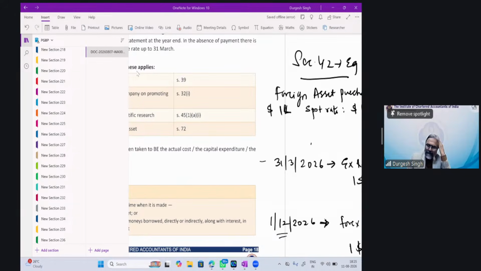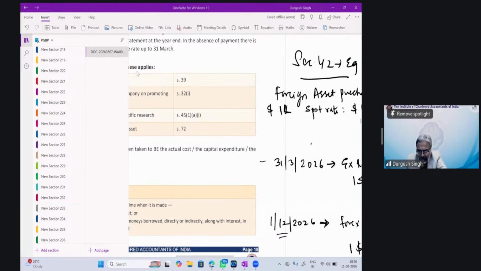By the way, the asset was put to use on the same date, say February 2026, if your question is when the asset was put to use. But my question is to calculate the depreciation for the tax year 26-27. So this is the way, students, you get adjustments in the questions in the exam. You have to be careful about that.